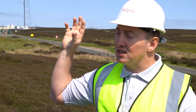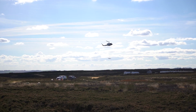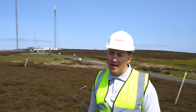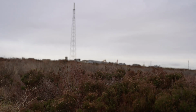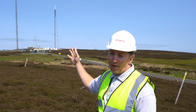We then created a temporary mast, which helped, along with the 16 not spot areas, make sure that coverage got to around 97% across the area. And then we also put in an intermediate tower, which you can see just there. That aligned with the not spot areas meant that we had 99.7% of service really within months of the original tower going down. And the last phase, which is why we're here today, is the new tower,